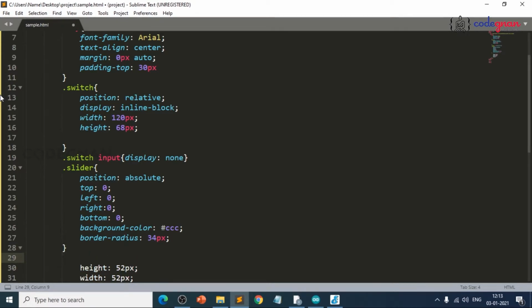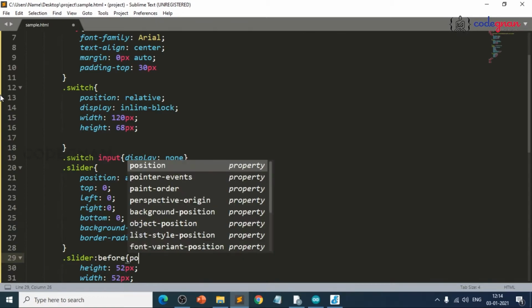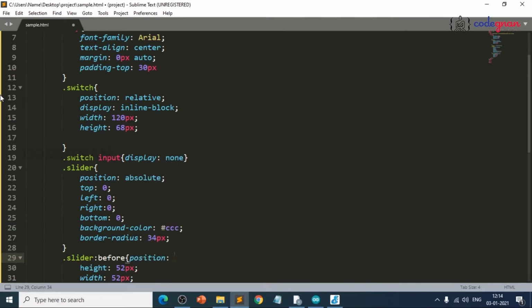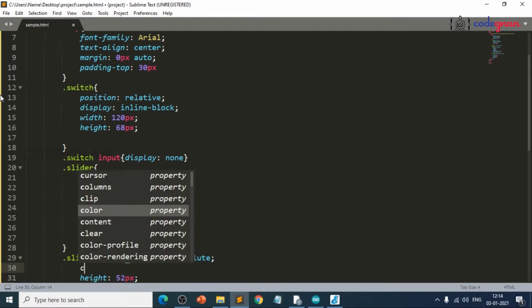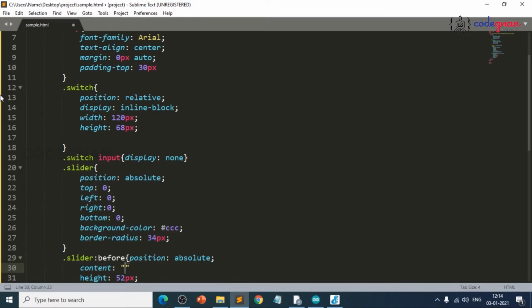And next thing, dot slider colon before, position equals to absolute, and then content equals to nothing, just leave it.